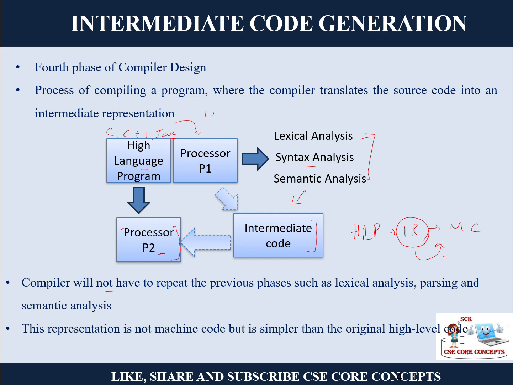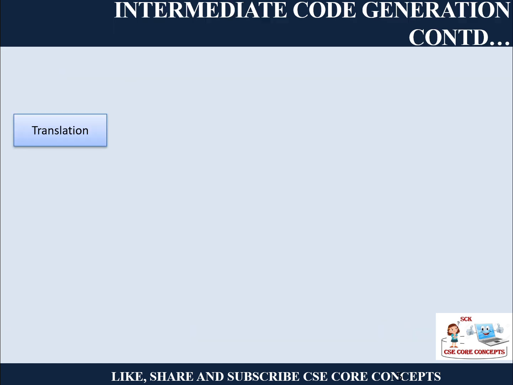Understood? So we say Java is a machine independent language. How does it work? When it compiles, it generates a Java bytecode, and whenever you want to execute that piece of code on any other device, you can simply install that bytecode and it will work fine. Understood? So this is the beauty.